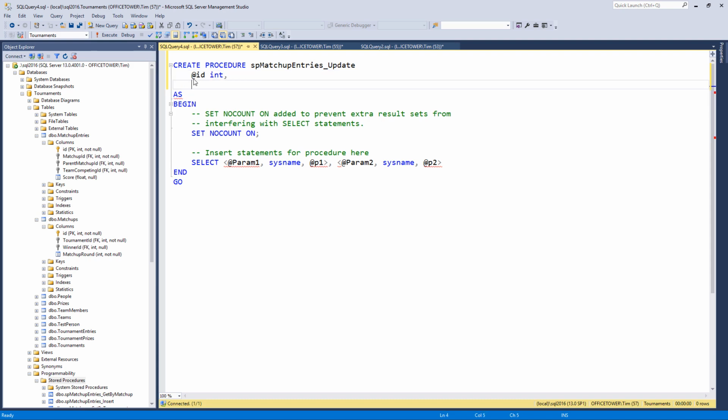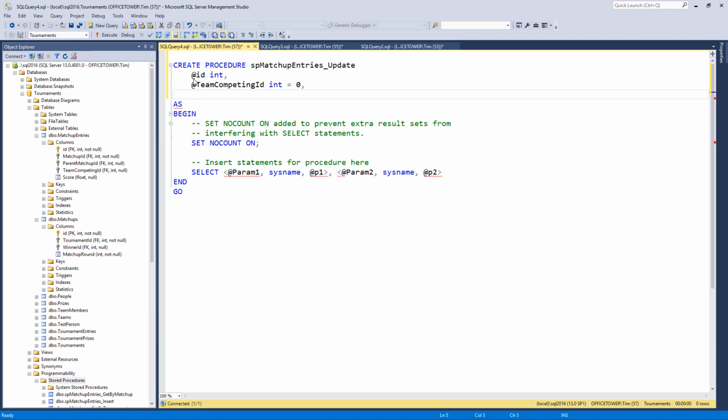And then we're going to pass in the team competing ID, int, and we'll say equals 0. That allows us to say, well, if we don't know the team competing, we don't have to pass that value in. If we don't pass it in, the default